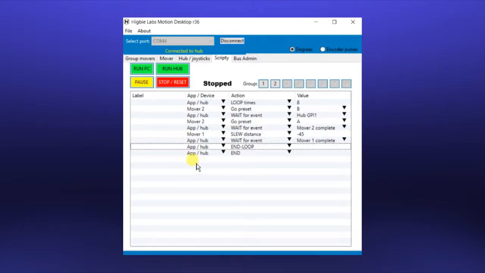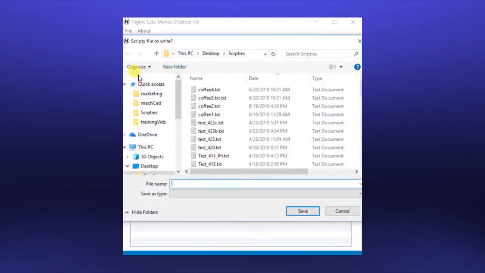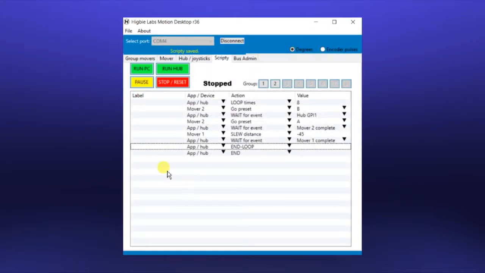And that's our program. And before we go any further, I'd like to save it. We'll make it coffee 5. So we've had a few rehearsals here. Now we could run this from the Windows app here, run it directly and make the thing go through its whole program. But I would like to